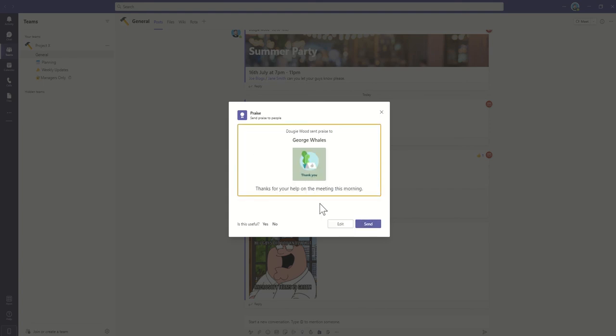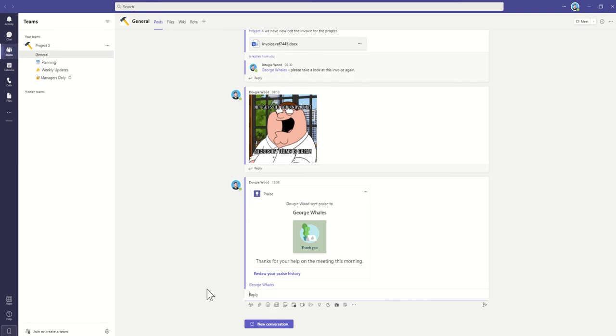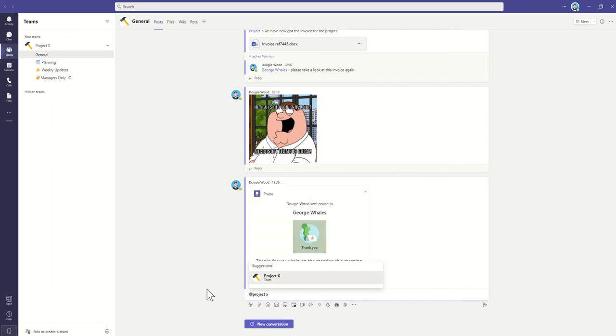It will create almost like a little e-card, which is going to be posted inside of our team, so I can see what this looks like. Once I'm happy with that, I can click on send, and that's going to post my praise directly into my Microsoft team. It's going to tag that individual team member, so they're going to be aware of it. But I could also tag in other team members, or, if you remember the other video we previously discussed about tags, you can also type in the name of the team. I'm currently inside of the team Project X, so I can say,